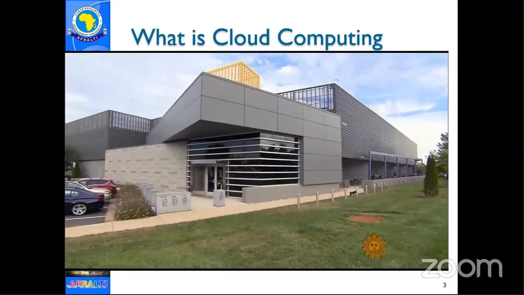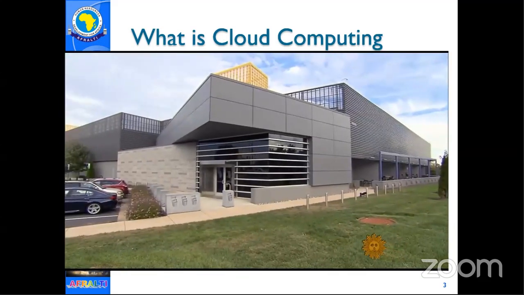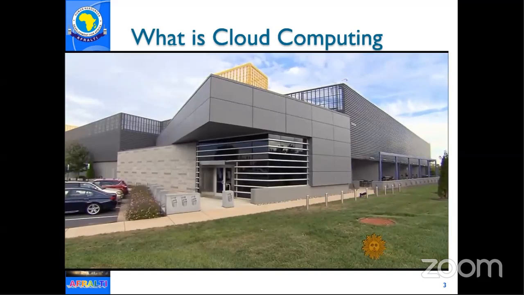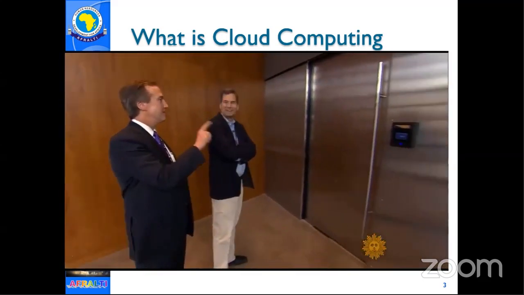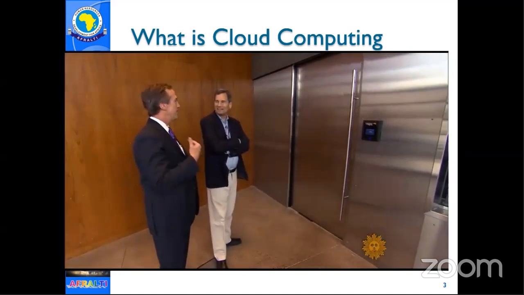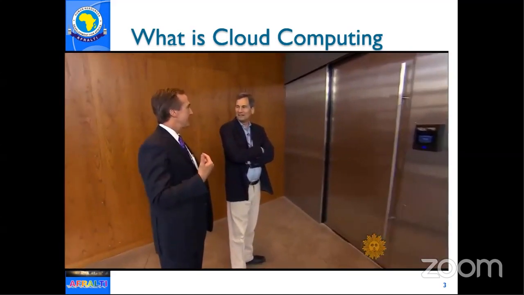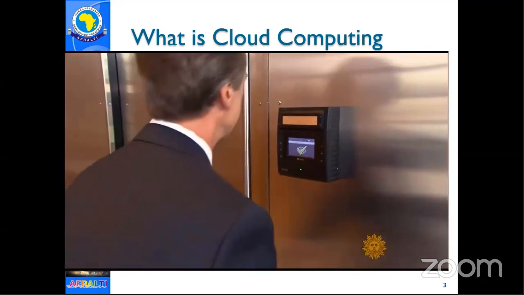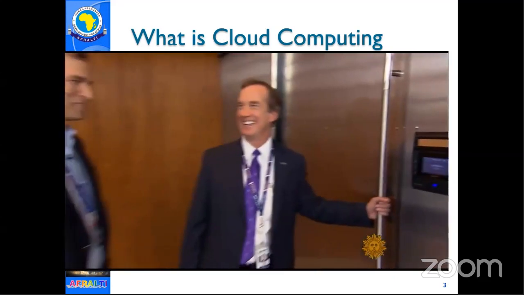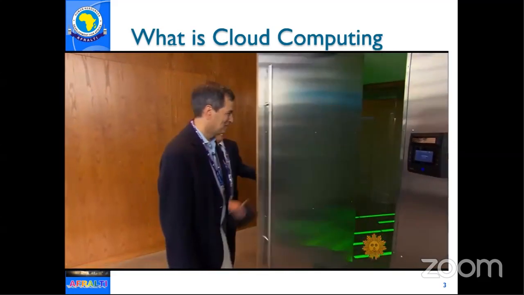Like this one belonging to Raging Wire in Virginia. But good luck getting in. This is a retinal scanner, and this one's kind of interesting because it's smart enough to know whether my eyeball is alive or not. So that means you can't take another eyeball and hold it up to here. Well, darn, 'cause I was sort of hoping to kill you and sneak in. It's not going to work here.